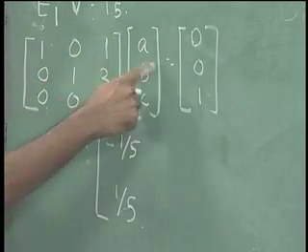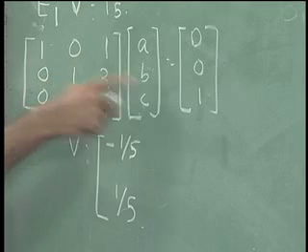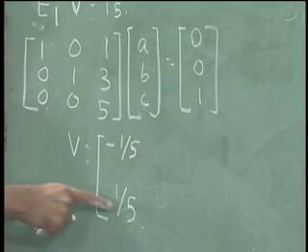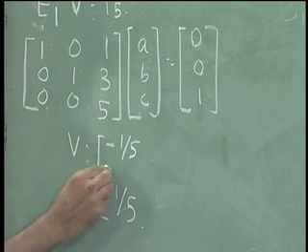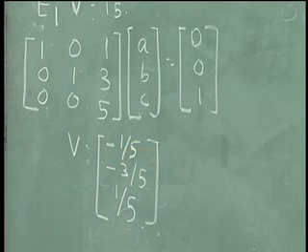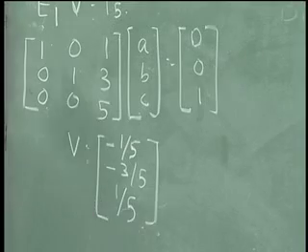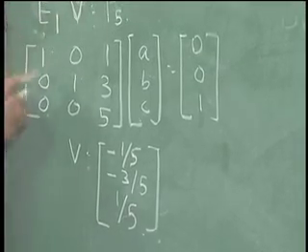0A plus 1B plus 3C equal to 0 would give us B plus 3 by 5 is equal to 0. So, B is equal to minus 3 by 5. Now, once we know B equal to this, we now go back here, we have already written